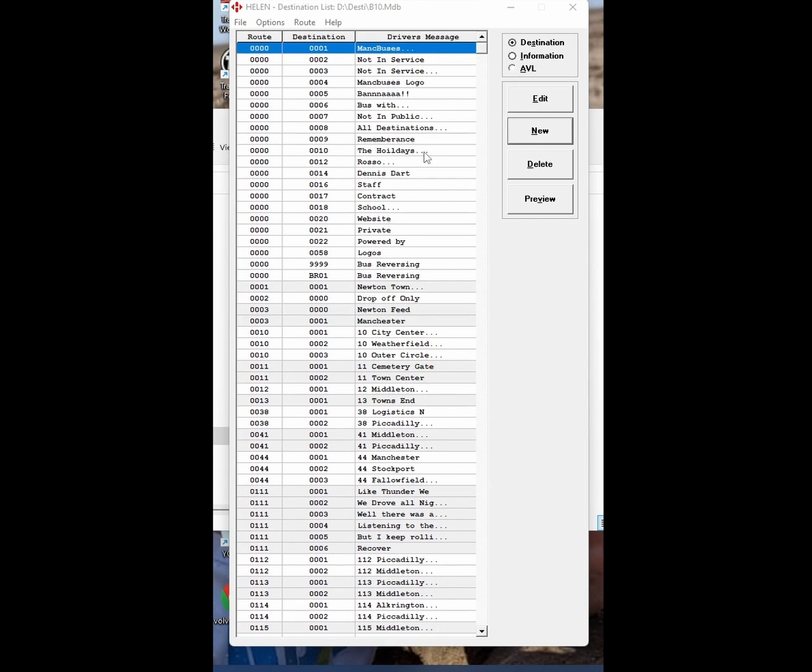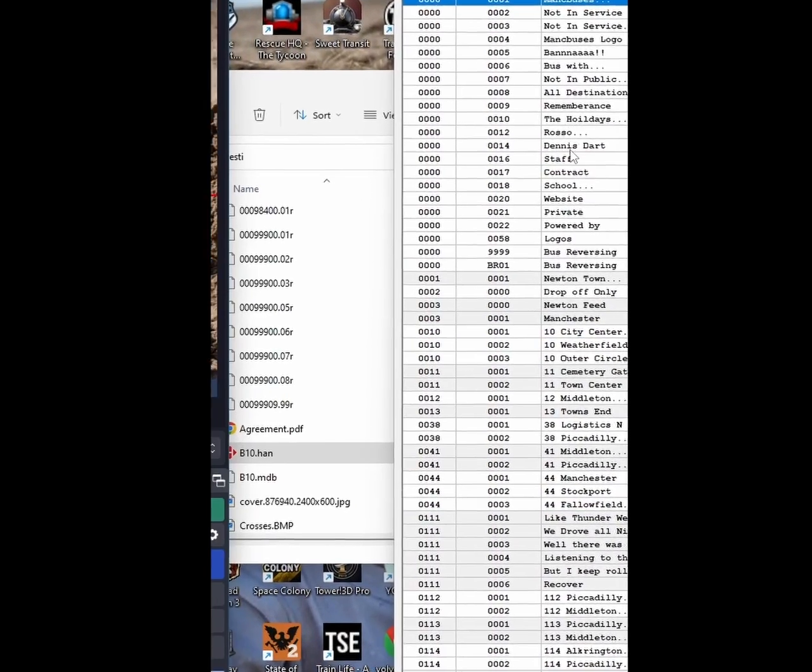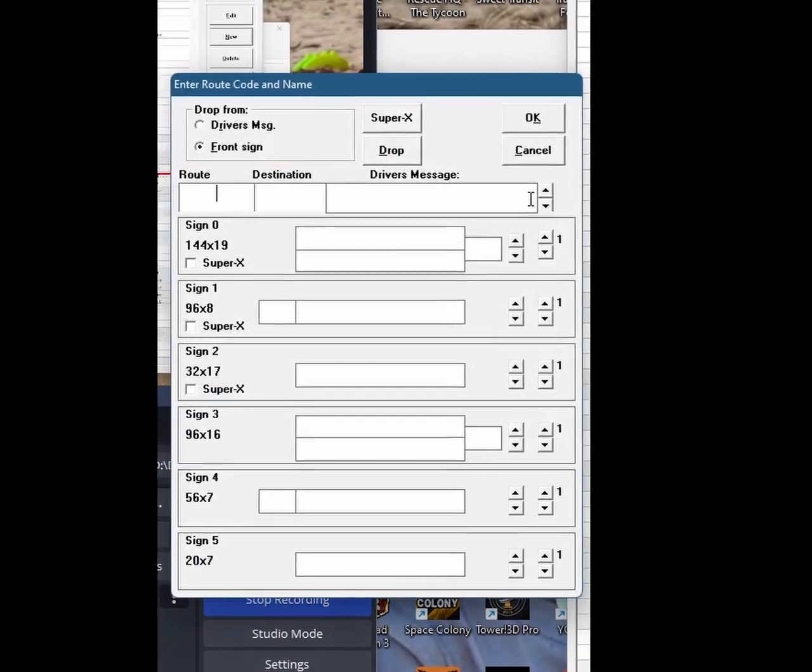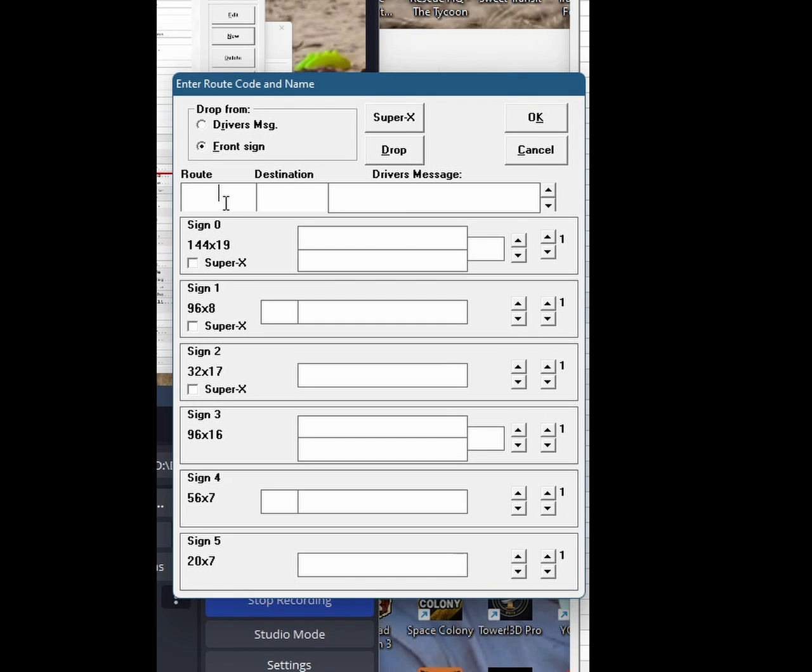So first of all, creating a new route is pretty simple. I'm going to do, let's say, 216. So you put the route in there. Destination will be 1, and so on. Put 216